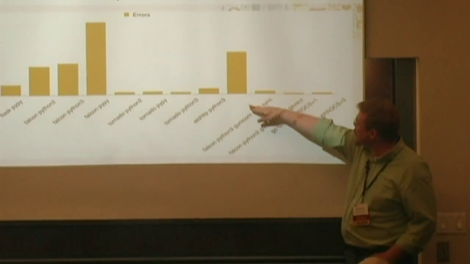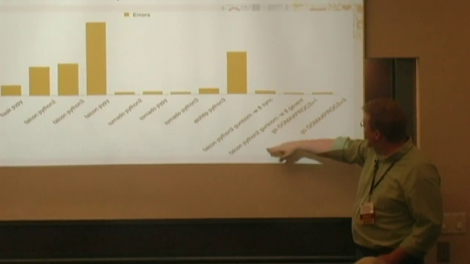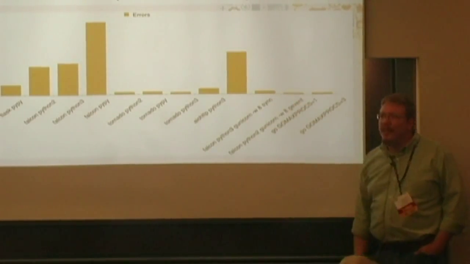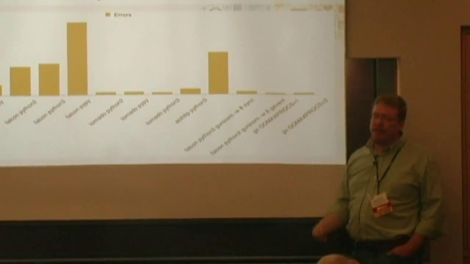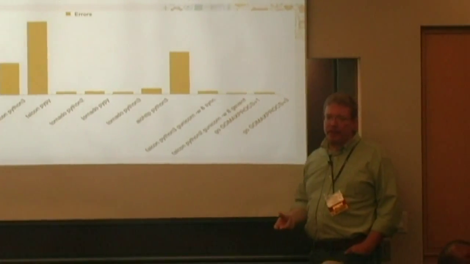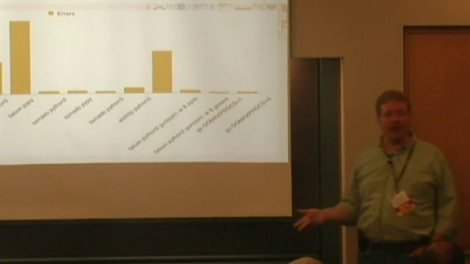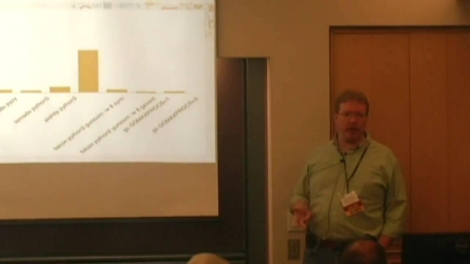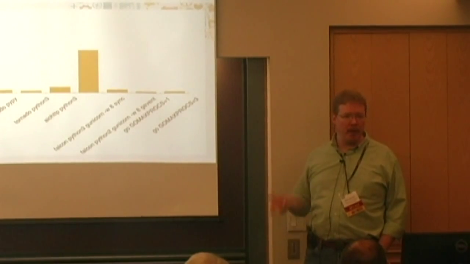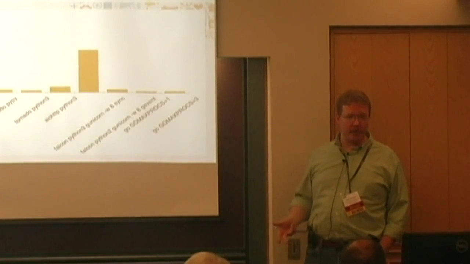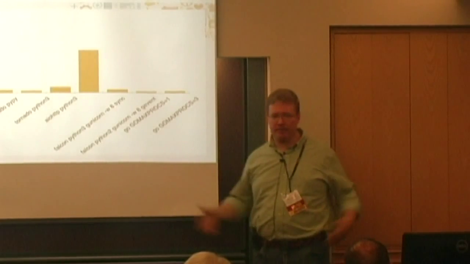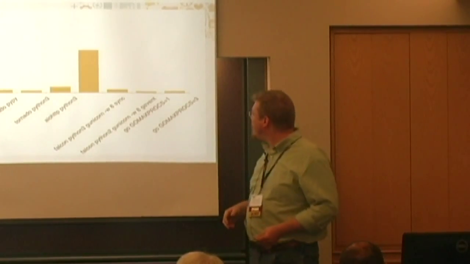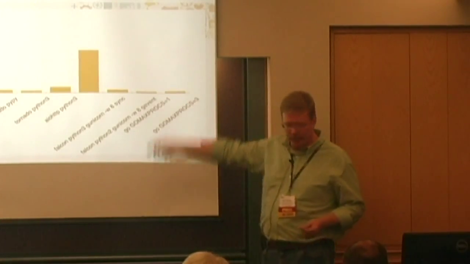Falcon Gunicorn sync, lots and lots of errors. Falcon Gunicorn gevent, not very many errors. What we're seeing here is the asynchronous libraries have fewer errors than the synchronous libraries. Yes, quick question. wrk is reporting read errors, write errors, and timeouts. And I just summed all of those error categories together. And Go, yeah, okay.